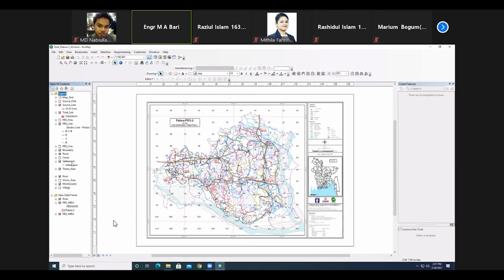This is the road. How to categorize the road? This is the pole. This is the pole. Okay, and under everything, suppose the road, if you right button click and open the attribute, then you can understand how to give this data.